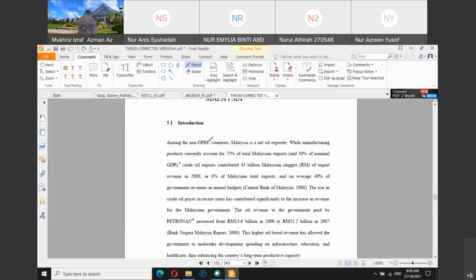So there are some theses in the Google Drive that are not relevant to you in the aspect of the structure of the source of data. For example, the thesis that we discussed last Monday on the macroeconomic variables' impact on FDI, that one is not relevant in terms of the title itself,